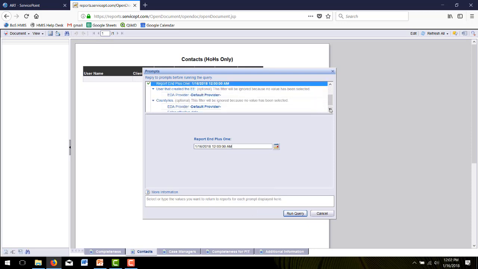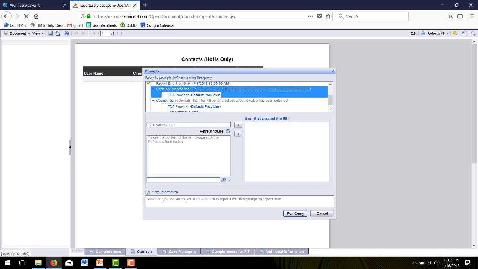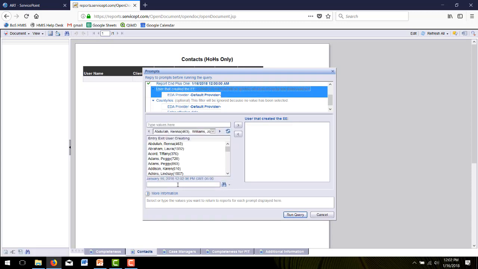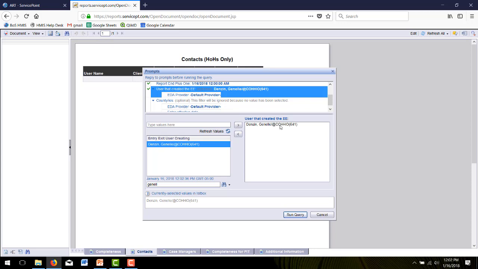Then the other two options that you have to sort of filter this report is you can either select some counties or you can choose a user. So you can actually only look at clients that you've entered into the unsheltered provider if you want to do that. I'm going to run it on a county,